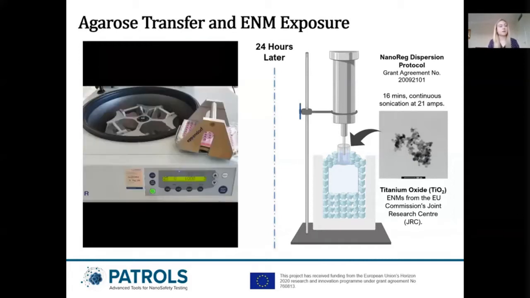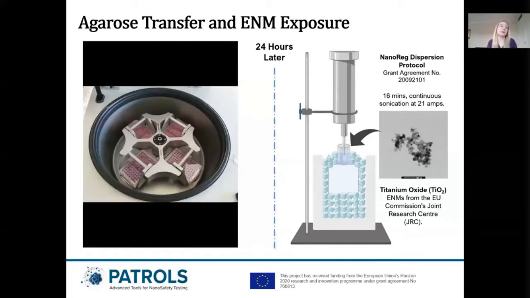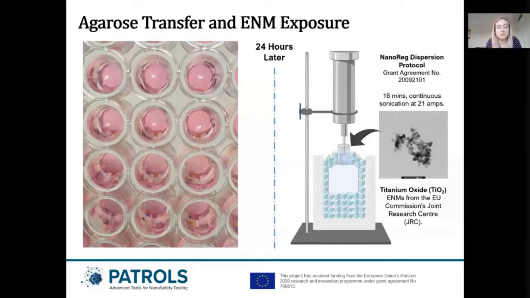You then take the 96 well plates and put them in a plate centrifuge, spinning them for 3 minutes at 1000 RPM. This should then cause the Hep-G2 spheroids to drop from the lid of the plate to the base of the wells, as shown here. You can see the little individual spherical dots in the center of the wells. After this, we allow the spheroids to settle for 24 hours before we expose them to varying concentrations of